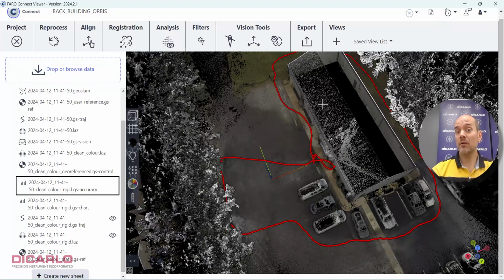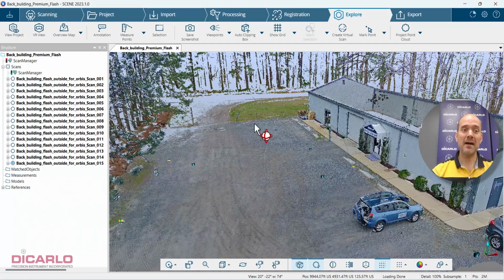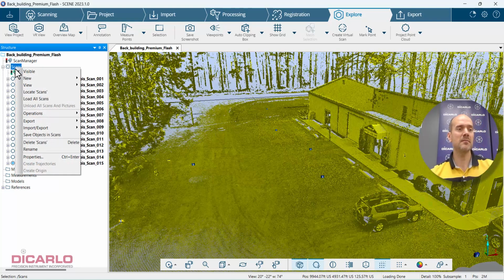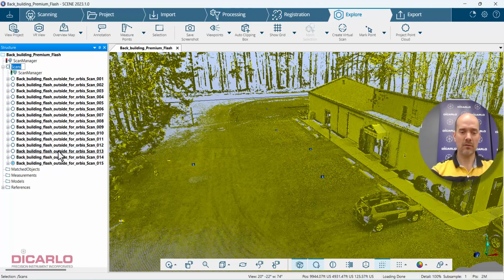So I'm going to actually combine them here today in this video. So for combining this, what I found easiest is I will go ahead and actually rename my project. I'll call this, just for reference, Premium Flash,